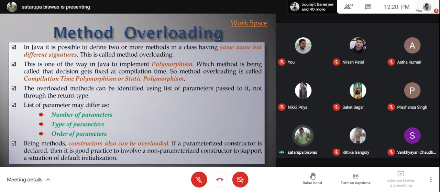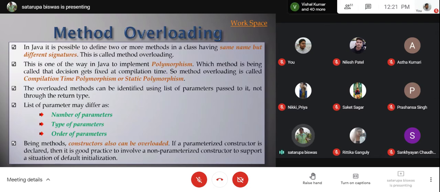Now method overloading. When we started learning object-oriented programming, we heard about polymorphism. Polymorphism means same name but different purposes. So method overloading is one way to have the implication of polymorphism in Java. So what is method overloading?